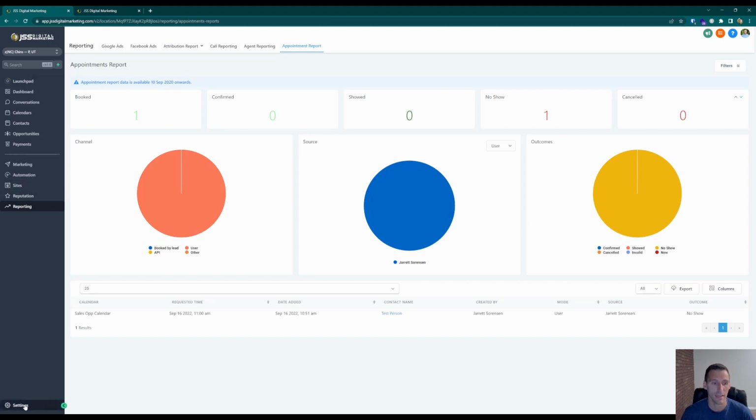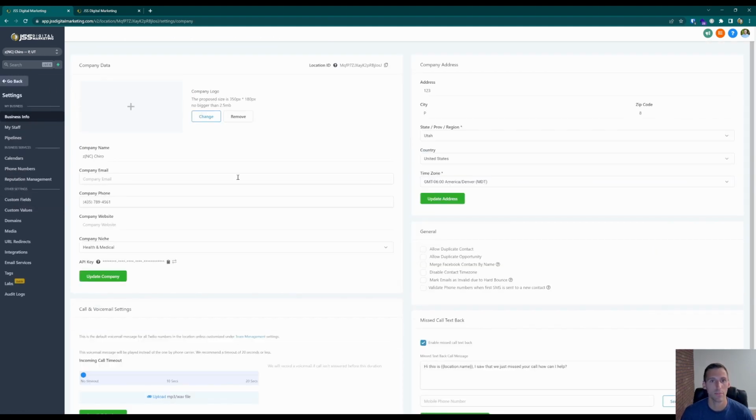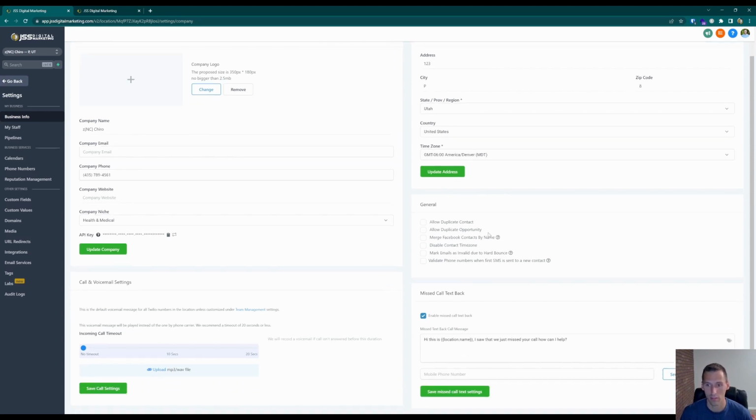So that's it for the main sections of HighLevel. As far as the settings go, this is the main page where you're able to set up the company's name, email, etc., and their address. I've just put in dummy information since this is a demo account, and I won't get into all these little settings,